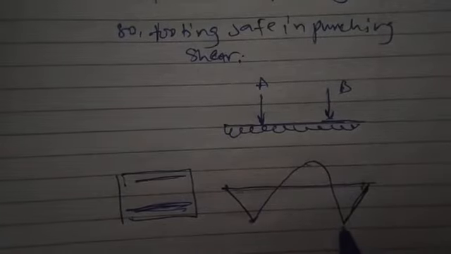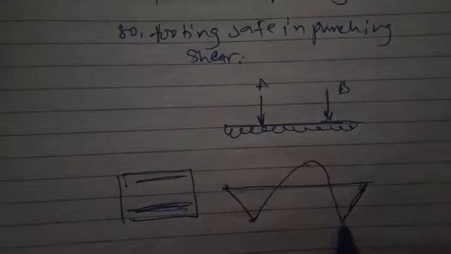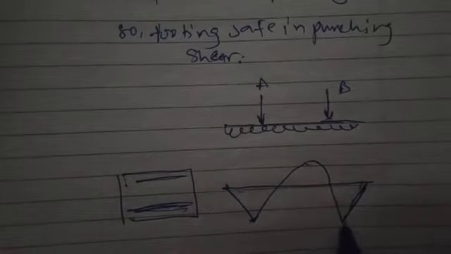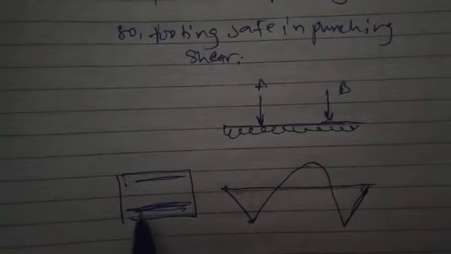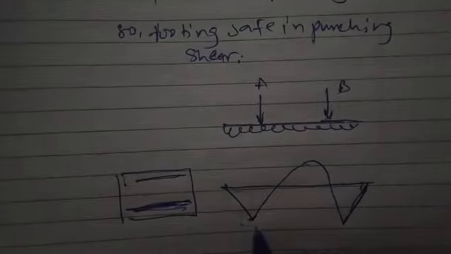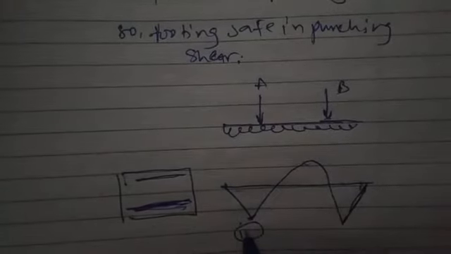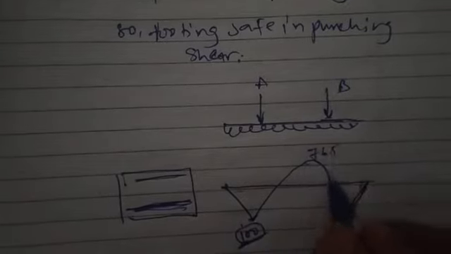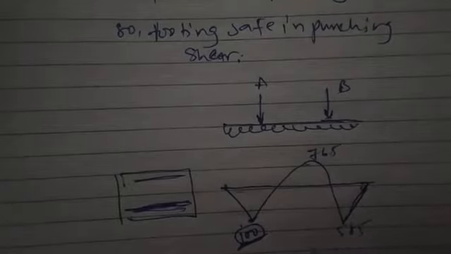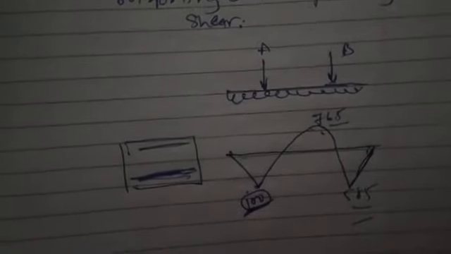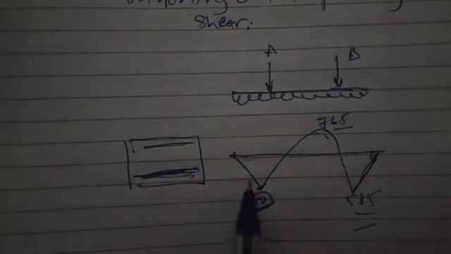Okay, again when we are moving towards the footing under the column B, then it is having sagging moment, because of which we need to provide the steel at the bottom side. As this value of moment is different, it is near to 100. This is 765 I think, and this is 585. So these values of moments are different. So because of these different values, we need to provide different area of steel for these sections.